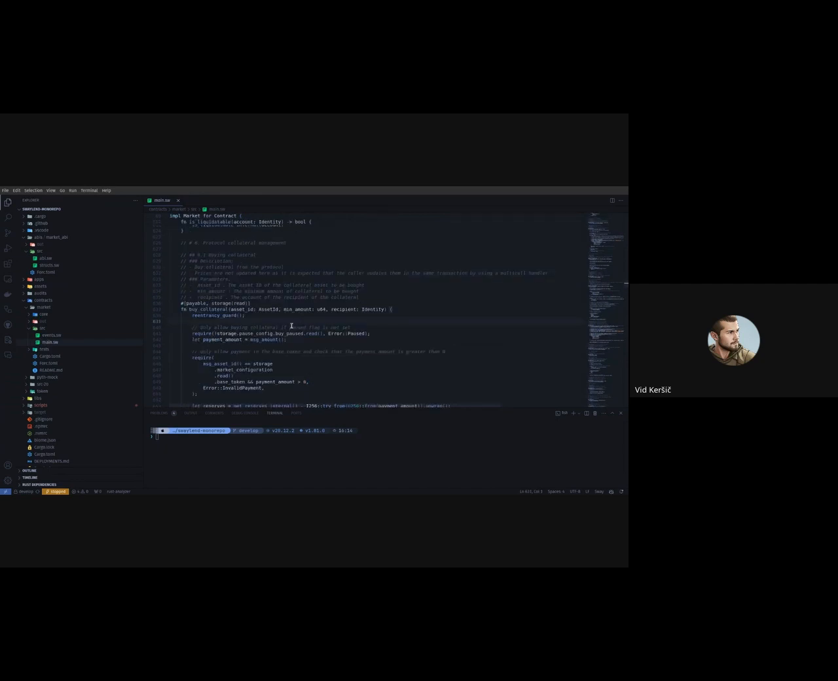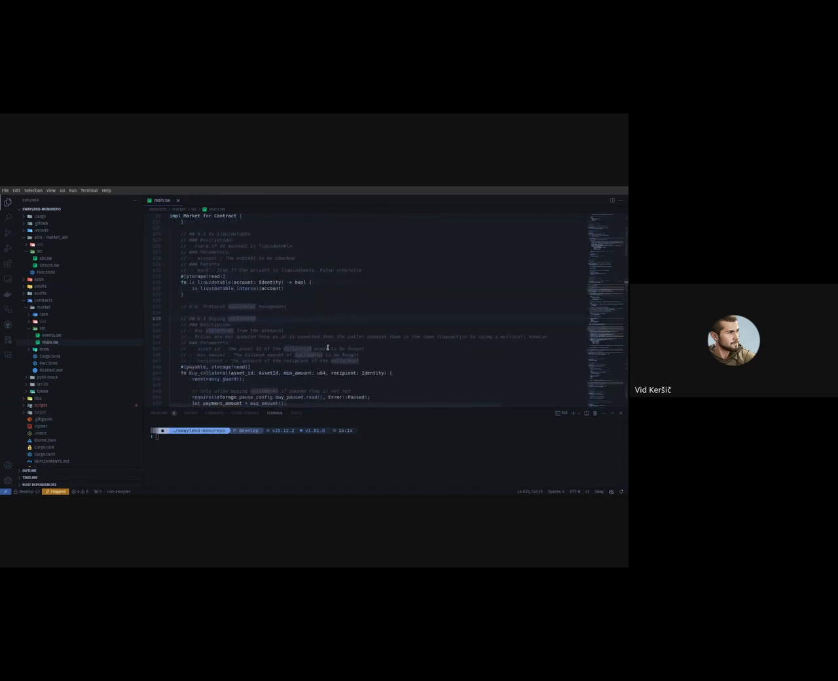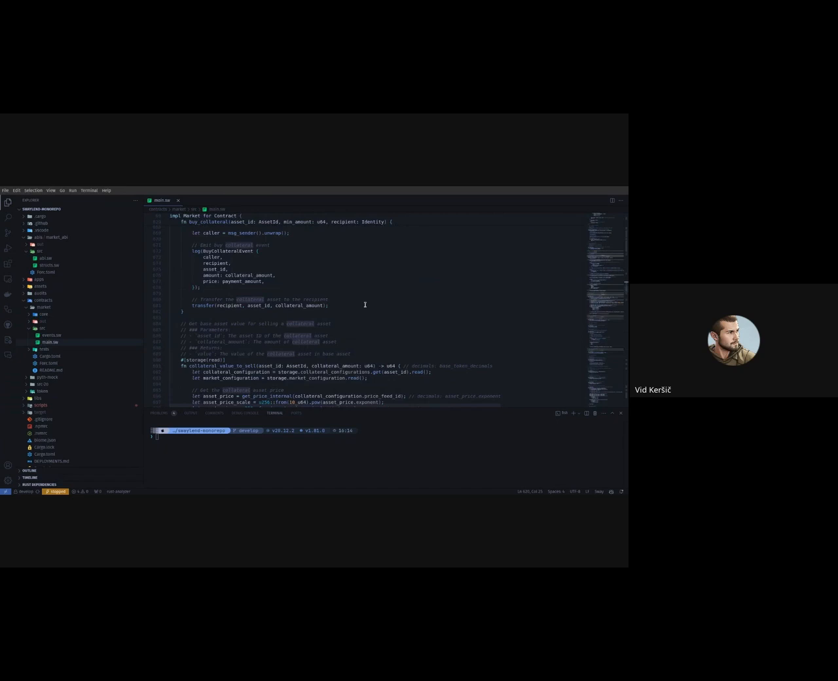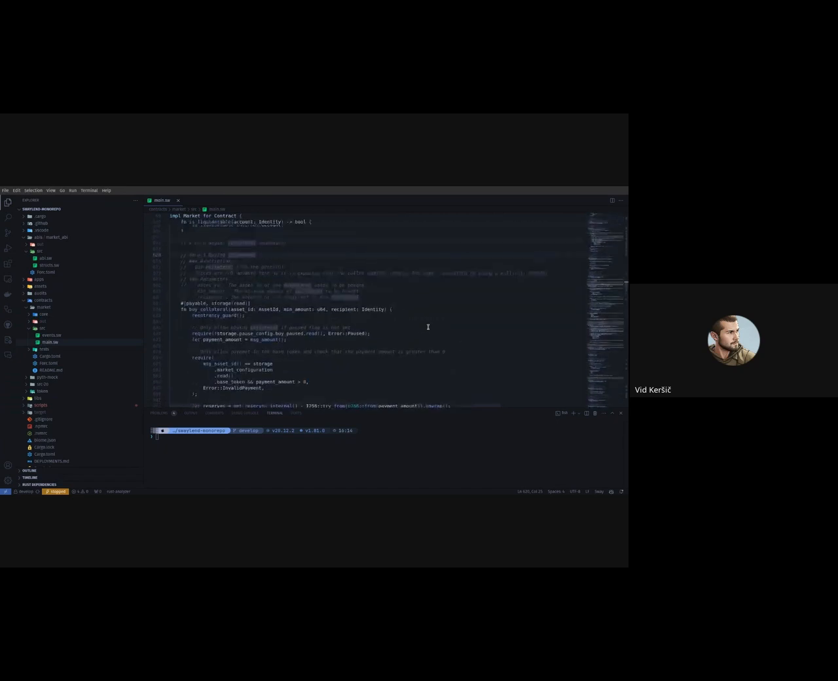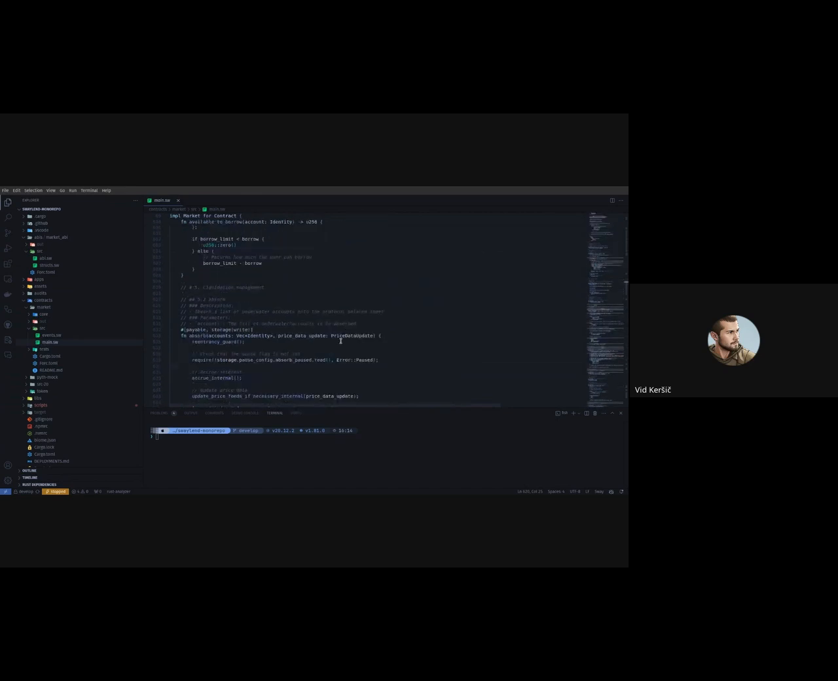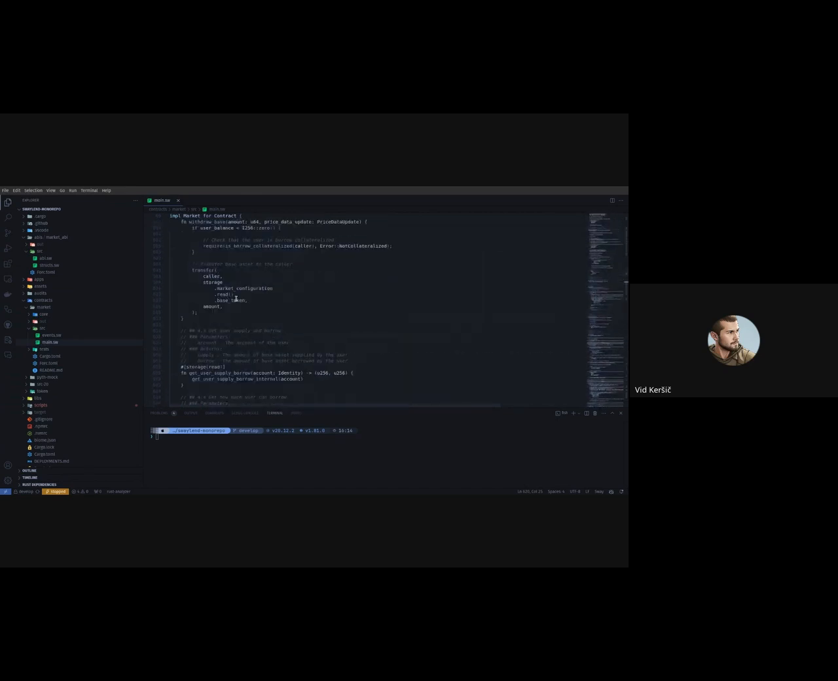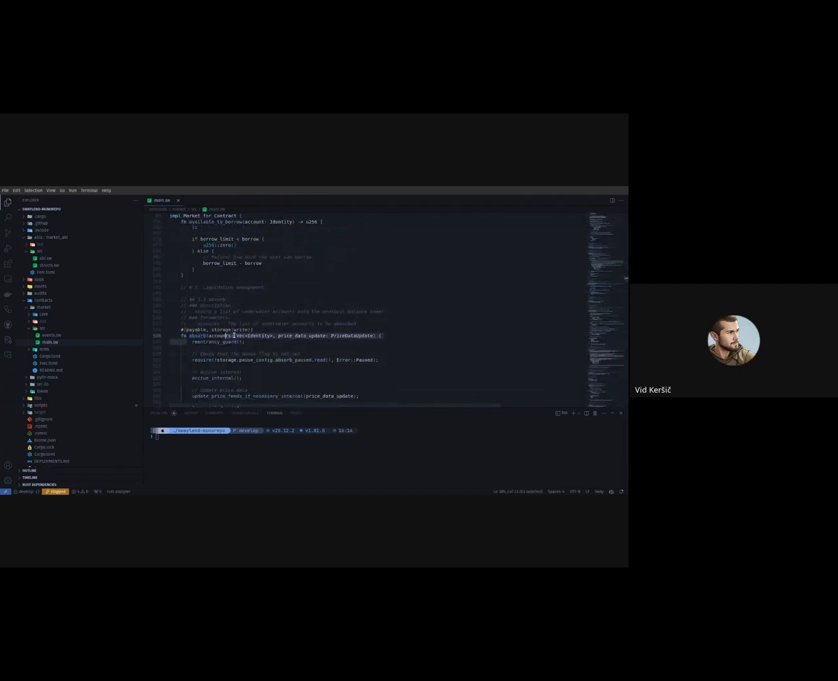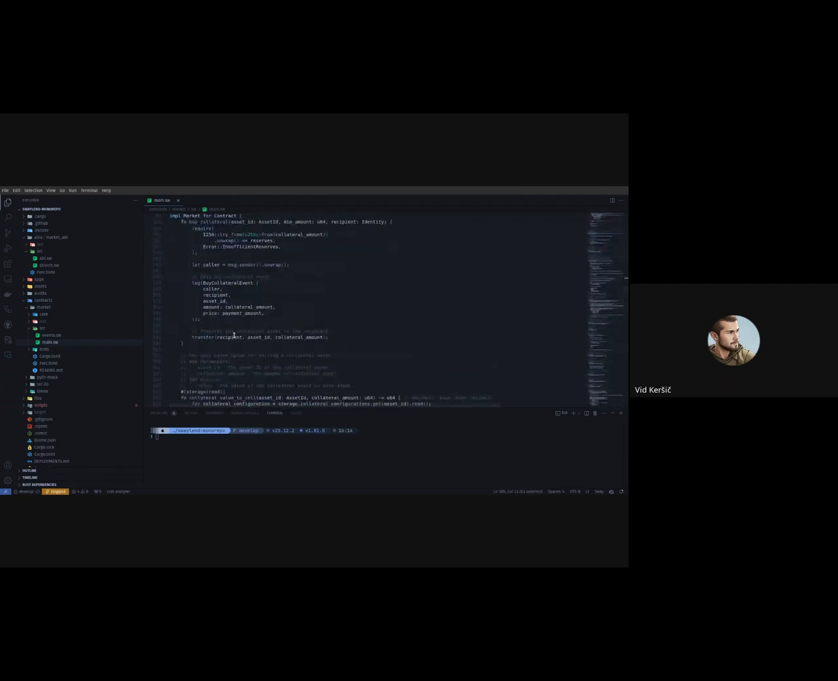How the liquidations work in more detail is also explained in the Compound documentation and in our documentation as well. I just want to mention that for the liquidations, there are two functions that need to be called. The first function is absorb, and the next function is buy collateral,